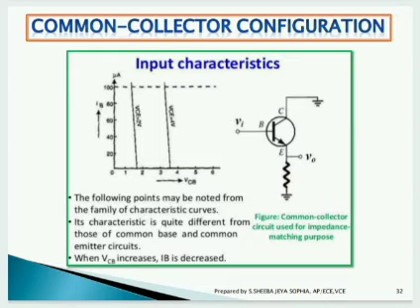As I have said, based on the input characteristics, the relationship input is given in the base junction, and so the base current IB and collector to base voltage VCB is taken. You can see in this diagram IB versus VCB graph is drawn for input characteristics. In common collector configurations, the input is given across the base junction and output is taken across the emitter junction.